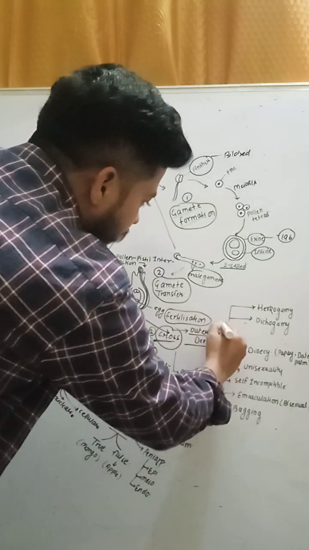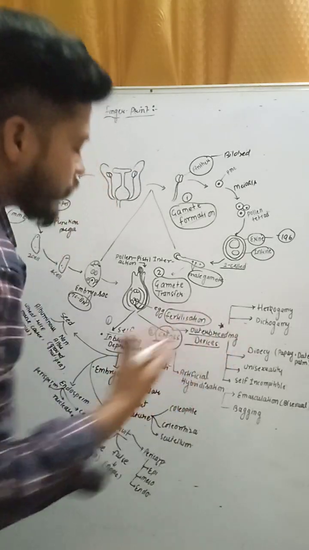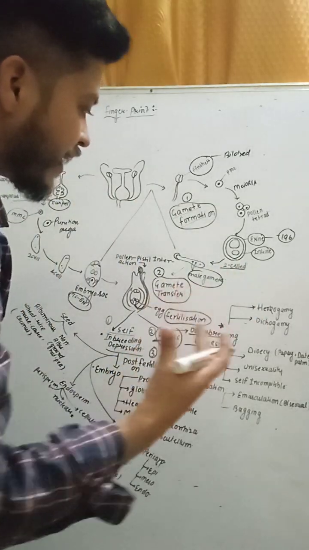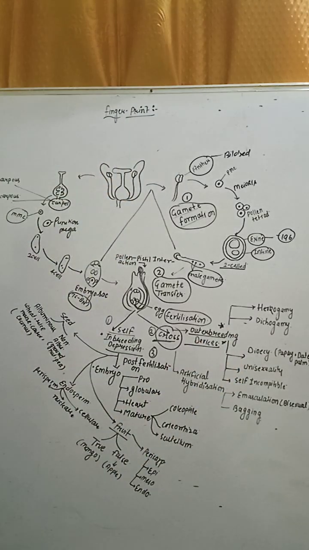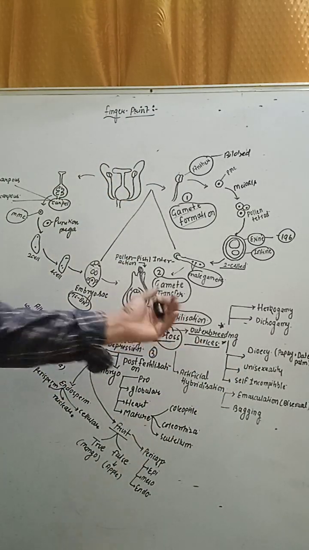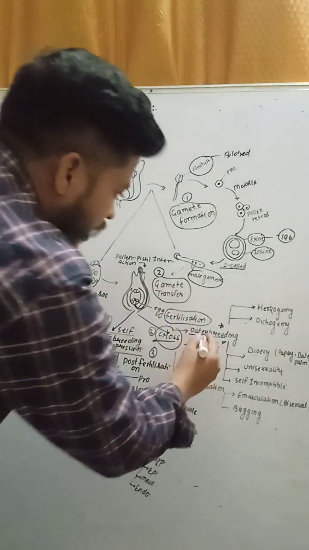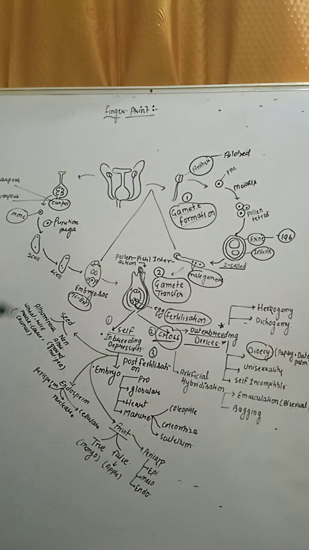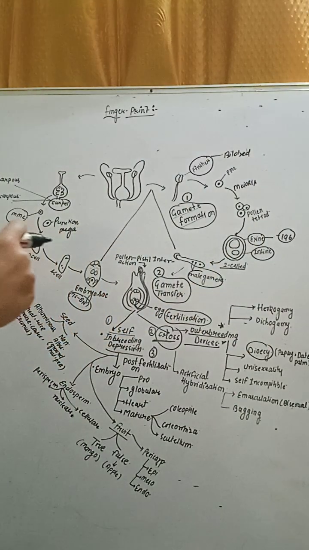ये beta कैसी devices हैं? Outbreeding devices वो devices हैं जो encourage the cross pollination and discourage the self pollination. That is called outbreeding devices. So you can use it to develop good variety and also prevent inbreeding depression. So there are different outbreeding devices. One is dioecy. What is the meaning of dioecy? Male and female flower present in different plants. That is called dioecious या dioecy.